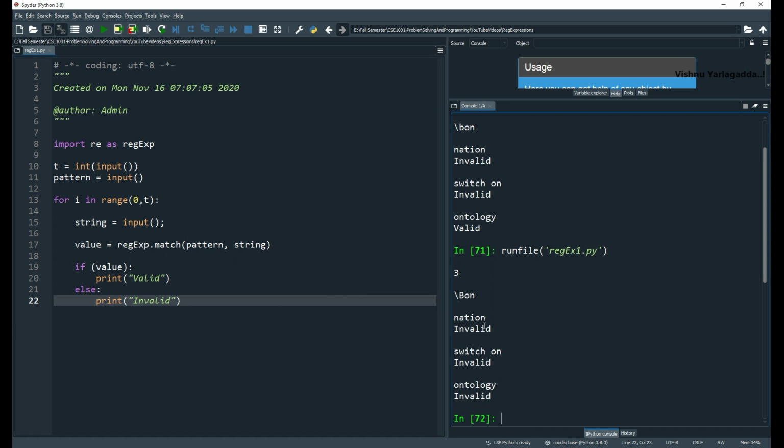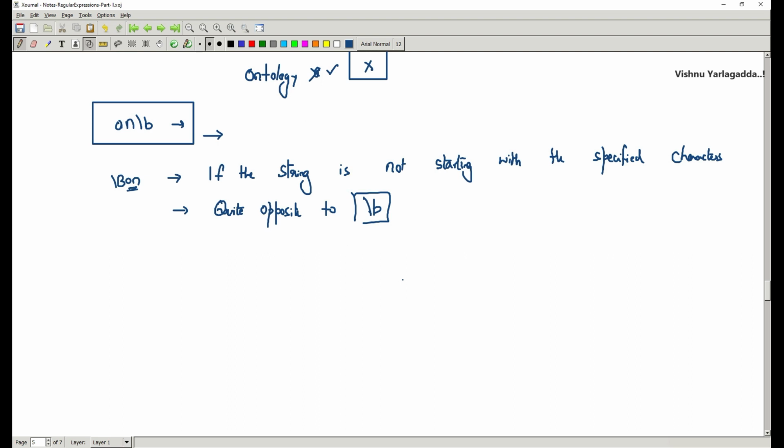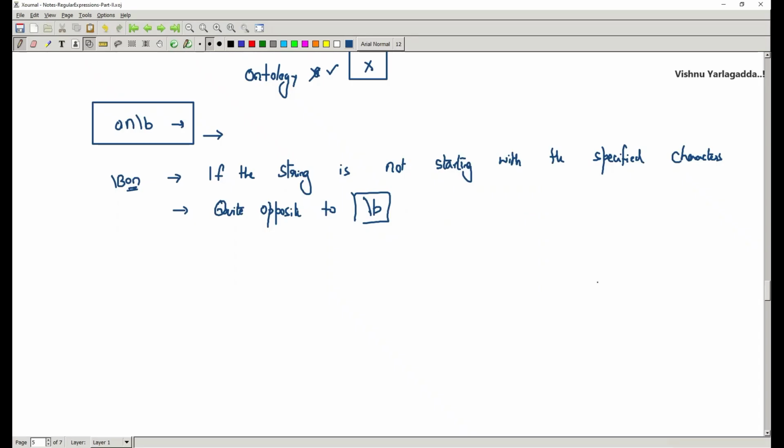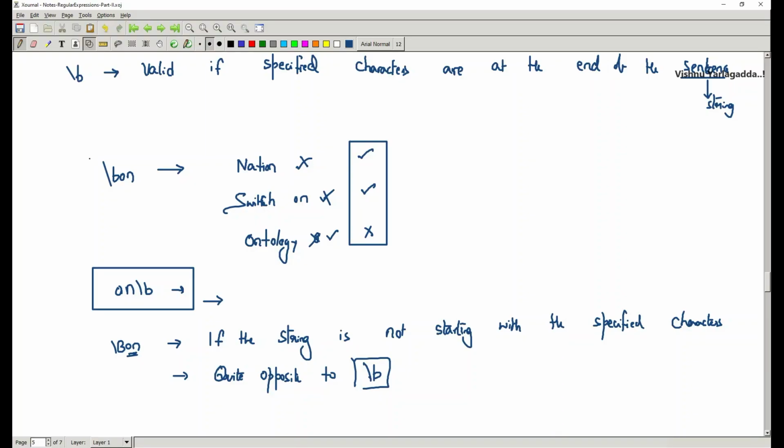The first one is not starting with on, the second is also invalid, and the last one is also invalid. So that's why it is not exactly opposite. If it is not starting with the specified characters, it should be valid. Why is it giving invalid? I think it is not working properly. So we should verify these two things again.